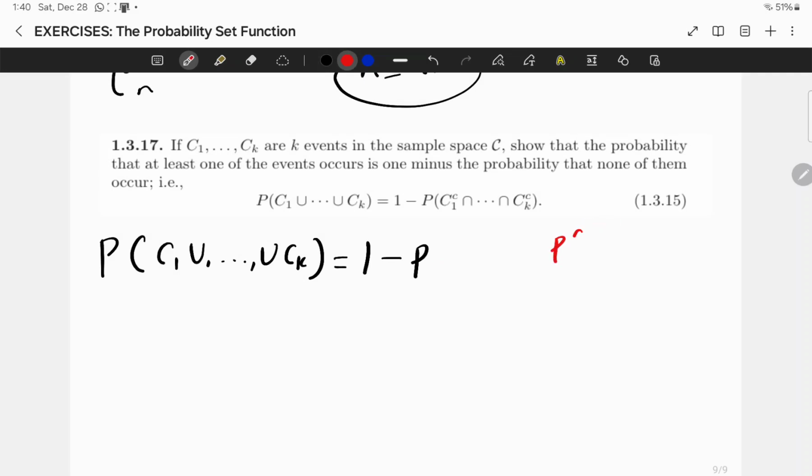We know that the probability of A complement equals 1 minus the probability of A. So that means we have to put the complement here. So this equals the complement of this, which is equal to 1 minus probability of C1